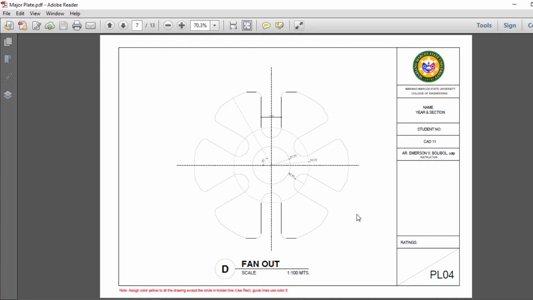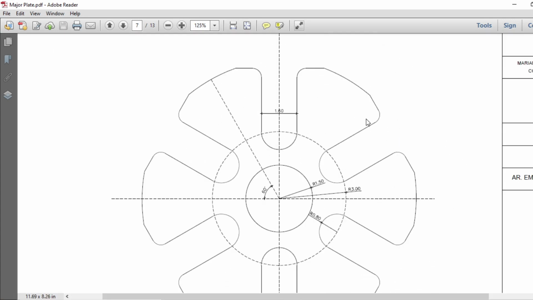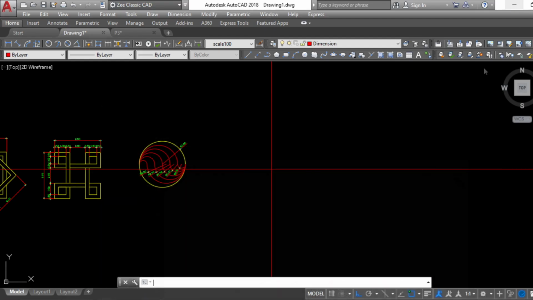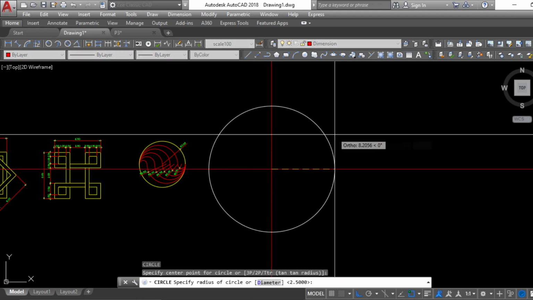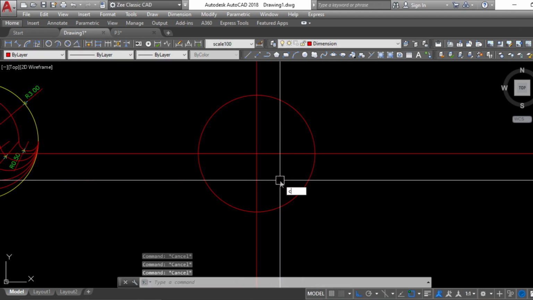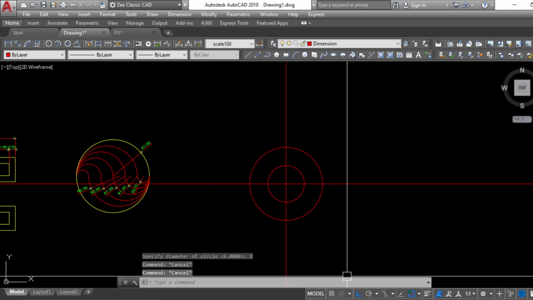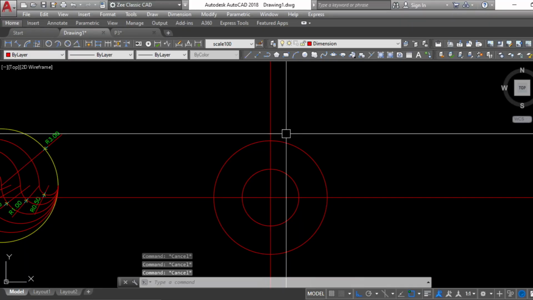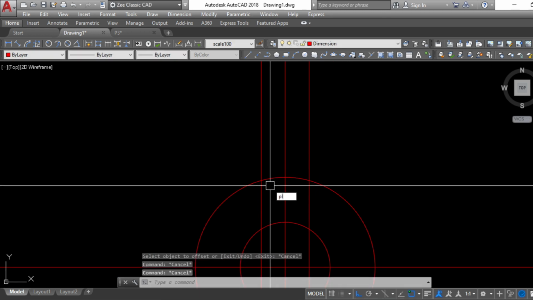Next, the fan out. So this is a bit tricky. The circle radius is 1.5 and 3. That's 3 and 6. So, circle the 6, circle the 3, and then create offset 0.8, and then PL,